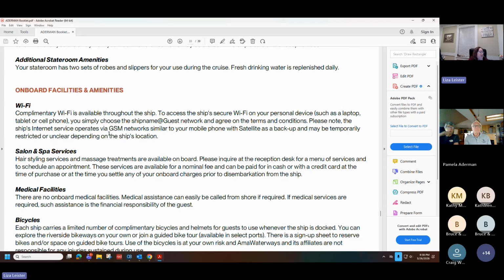Now, keep in mind that you may want to call your cell phone provider, because many cell phone companies offer international plans and they're very reasonably priced. It depends on your provider. You just let them know where you're going and they'll tell you the rate. For some it's like $5 or $10 a day. Some don't charge you on days that you don't access it. If you're on Wi-Fi, you're not using your phone data, so that's good.